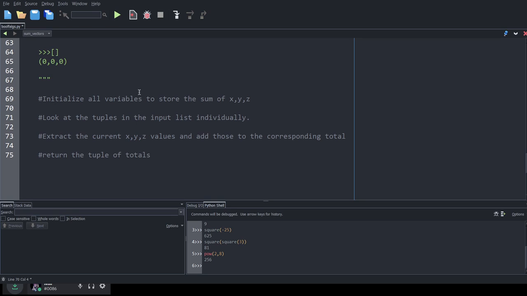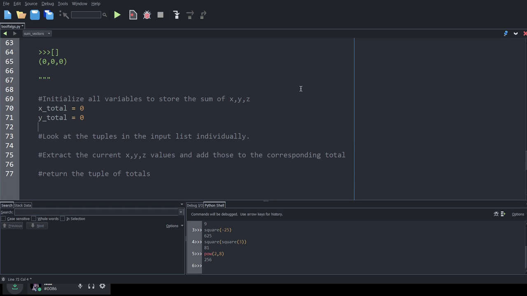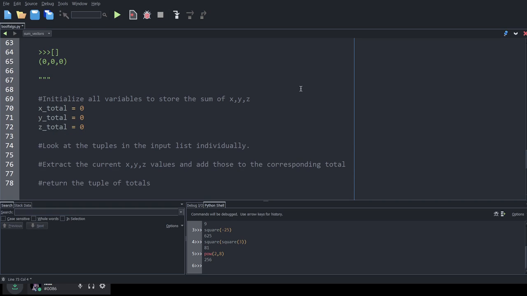Okay, so now let's fill in the blanks between these comments that we left. Our comments are our game plan. So initialize variables to store the sum of x, y, and z. I think a nice name could be x underscore total equals 0. Let's initialize all of them to 0 because it's a running total. We have to start them somewhere, and 0 is the most appropriate place to start. Y underscore total, z underscore total. Okay, that wraps up everything we got to do for this step on our to-do list. What's next on our to-do list?